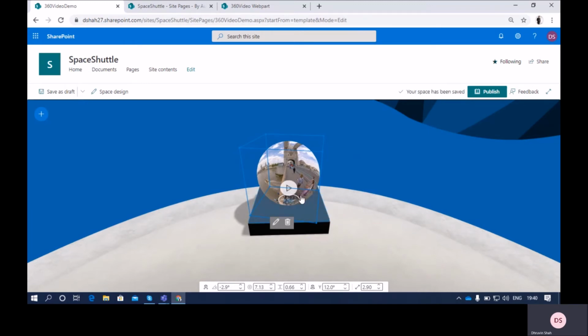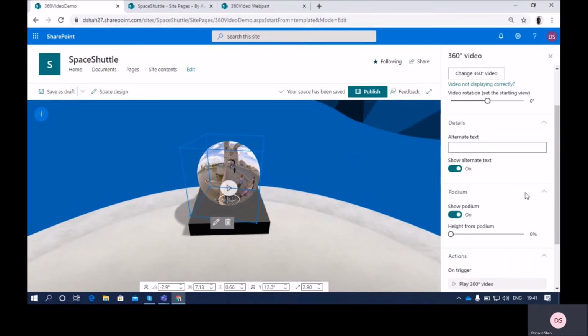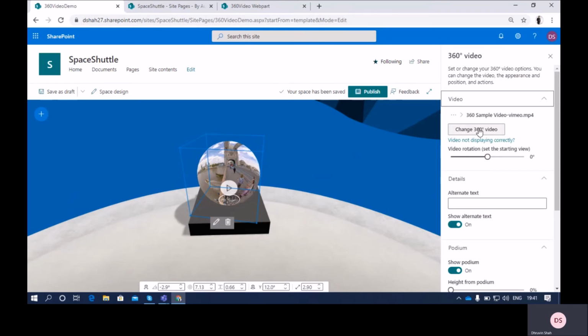Now once you click on the web part, you have two options: one pencil icon and one remove icon. Remove means it will remove this web part, and pencil means we can edit the configuration properties of the web part. So now let me talk about the different configuration properties for this web part. When you click on edit, you can see different properties over here. The first property is that you can change the video using this option.